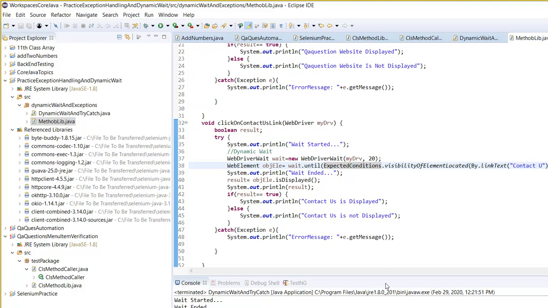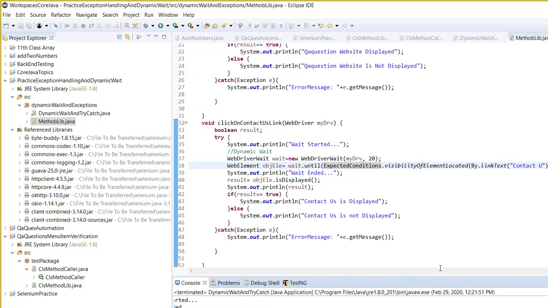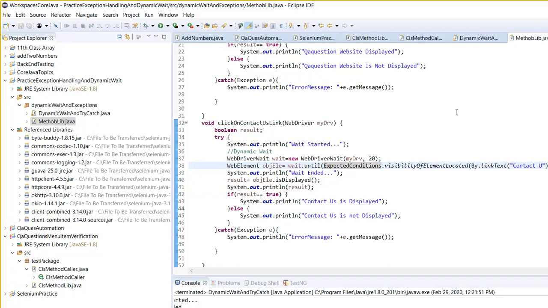And it had waited up to 20 seconds, and it was looking for that object every half a second. It was going to the website and looking for that object, and it didn't get it within 20 seconds. And this wait was a dynamic wait. Okay, I see. Yeah, these are things that you need to know. Now if you run it one more time with the proper link text,